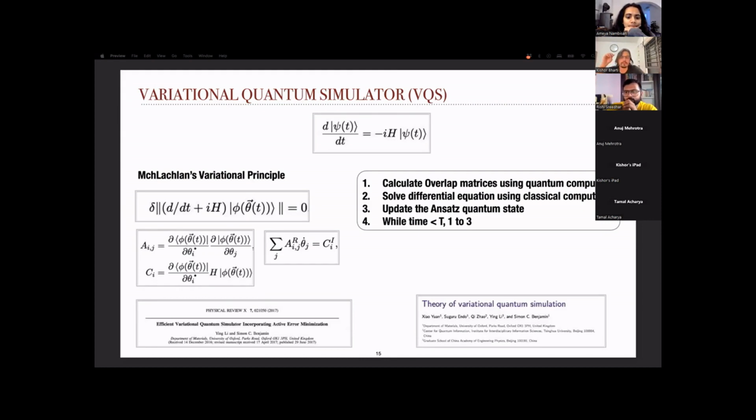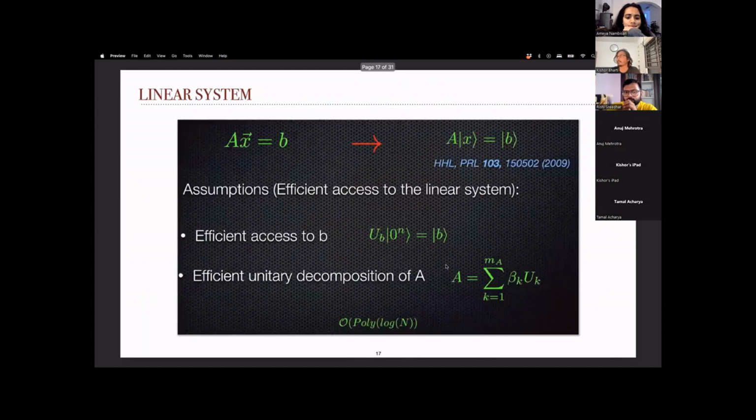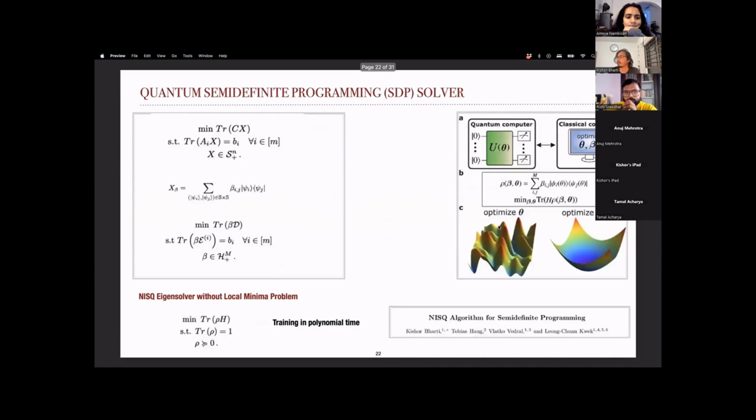So that's not a problem. The issue is that if you have a convex landscape, normally you will have something like this. You start from here, you reach the solution, and that's the solution you want, like your local minima is global minima. But if you are in this kind of a thorny landscape, then depending on your initialization, you will land up in some local minima.